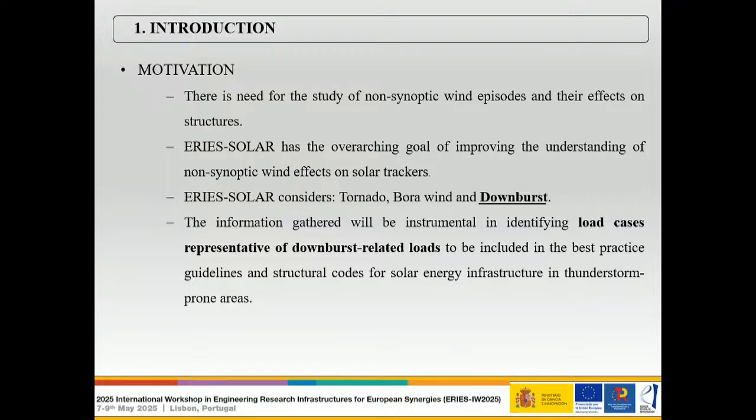We have considered 3 different types of non-synoptic winds, which are tornadoes, bora wind, and downbursts. And in this presentation, I'm going to focus only on the downburst results. So eventually, what we are aiming at is to obtain some description of the loads associated with downburst actions that can be translated into codes of practice and structural